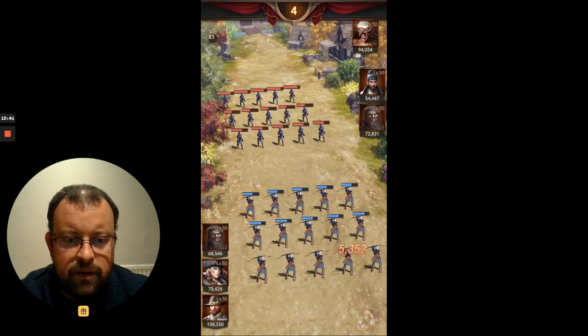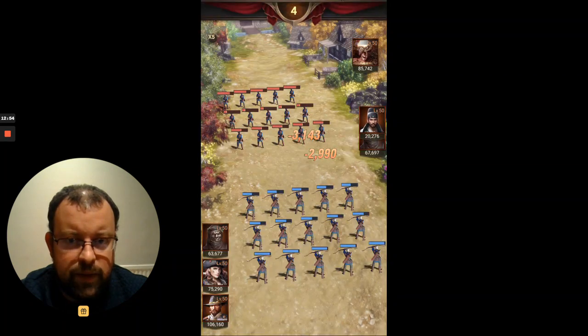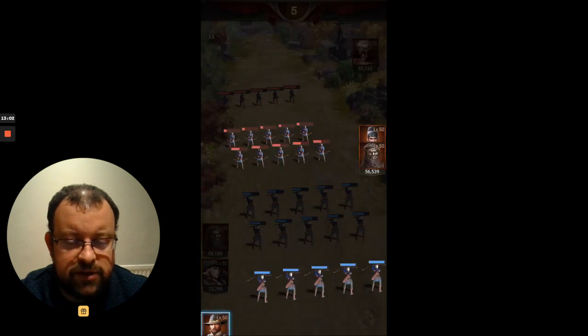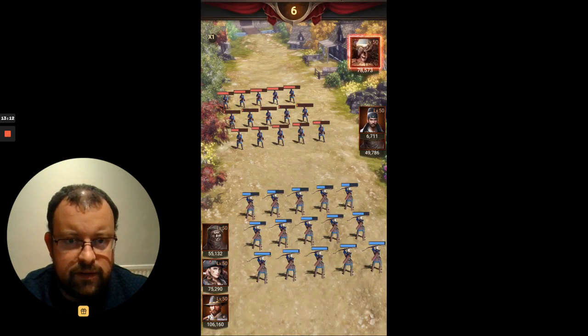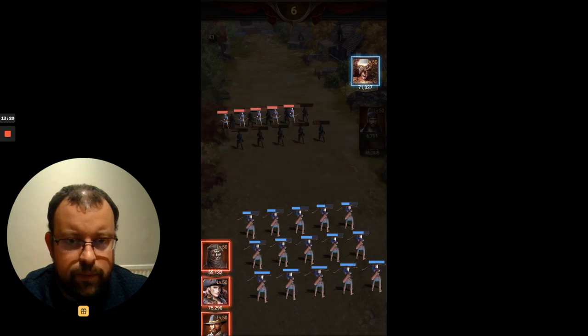So we'll just speed this up a bit now. And during the battle, we had the Evasive Tactics trigger at the start of the battle, and then her 2 other skills actually triggered 4 times each, Plundering Charge and Tag In. I think, yeah, that's probably going to be the best you're going to see. So there are her skills activating again, and we're about to see now